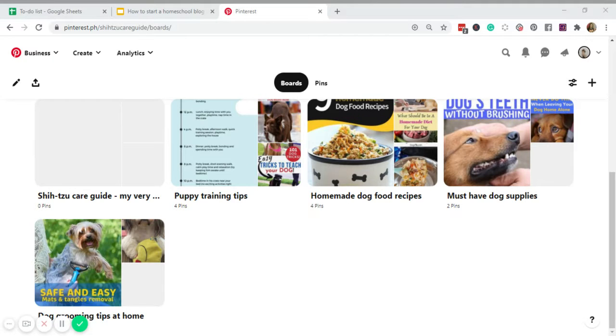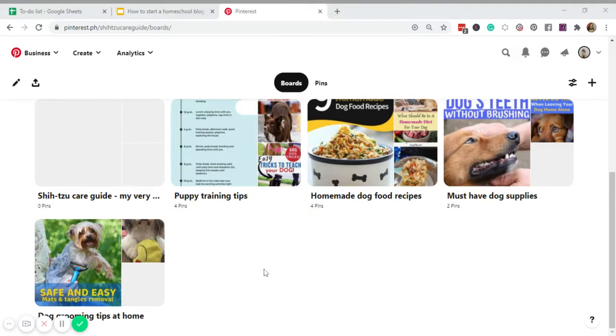This profile has 5 boards, one of which will be dedicated to my pins. That is why I named it Shih Tzu Care Guide My Very Best. The rest of the boards is where you will find a mix of my pins and other profiles with a